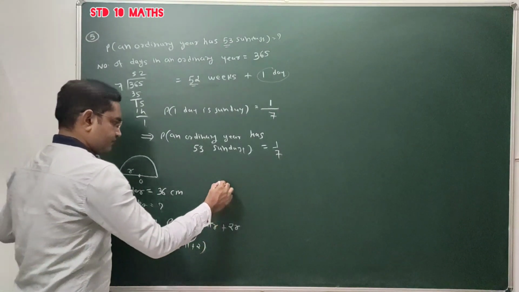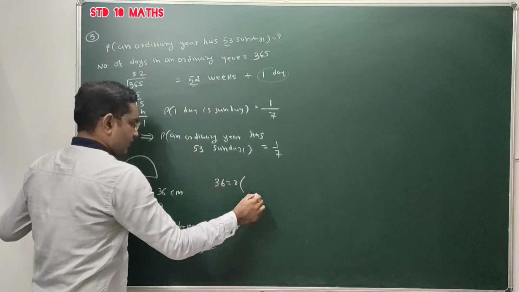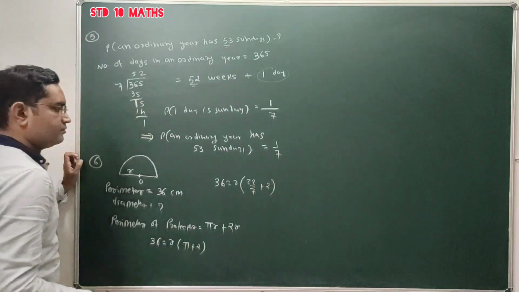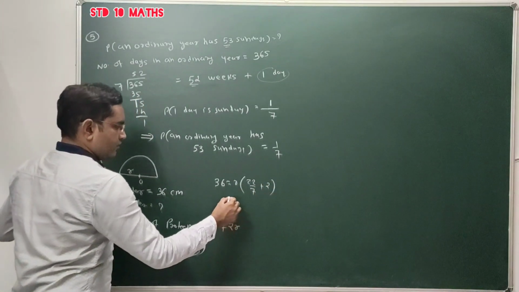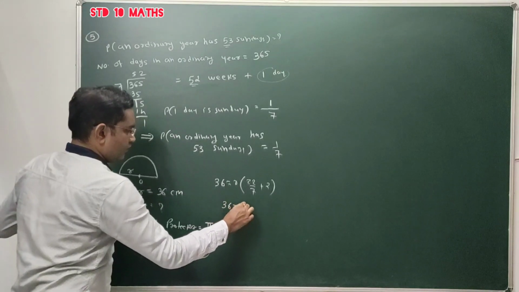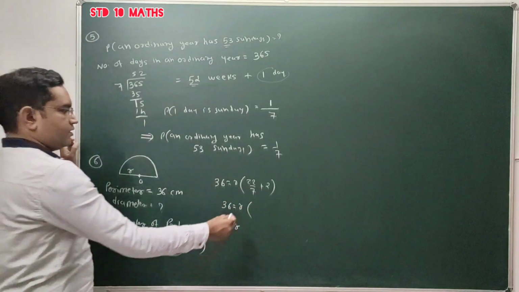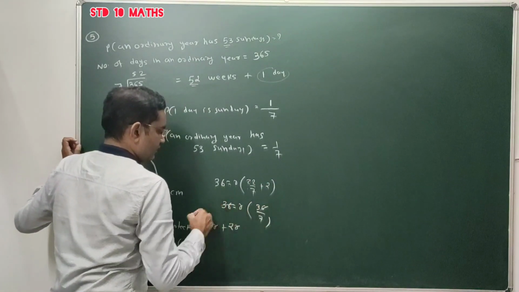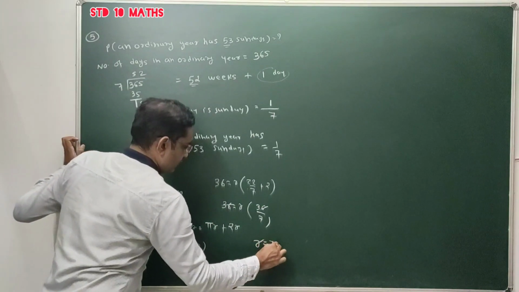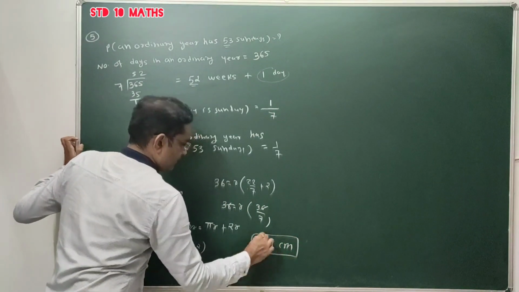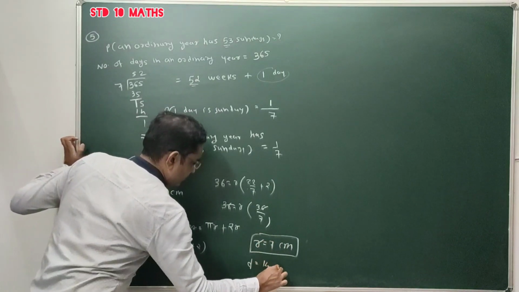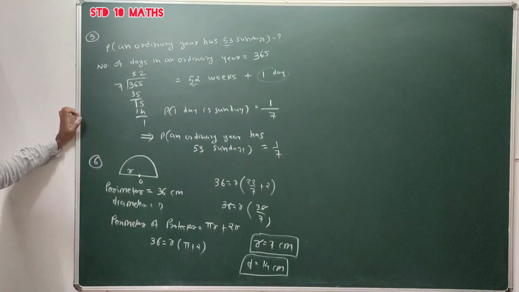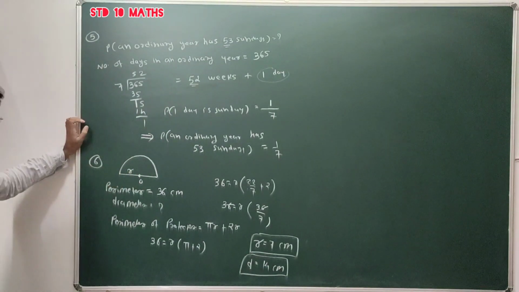So our r is: 36 equal to r, put pi equal to 22 by 7 plus 2. Simplification. So 36 equal to r times, and this one is 14 plus 22 over 7, which is 36 by 7. 36 will be cut out. So r equal to 7 centimeter. If radius is 7 centimeter, then diameter is double of this radius, that is 14 centimeter, and therefore the diameter of this semicircular protector is 14 centimeter.